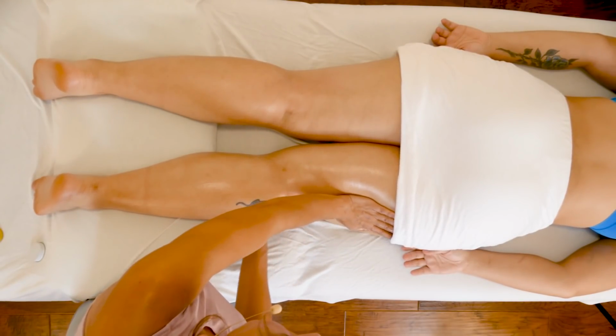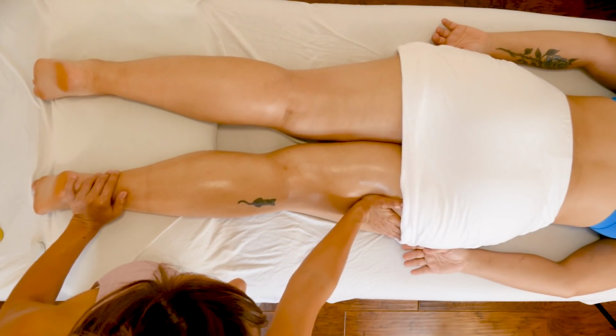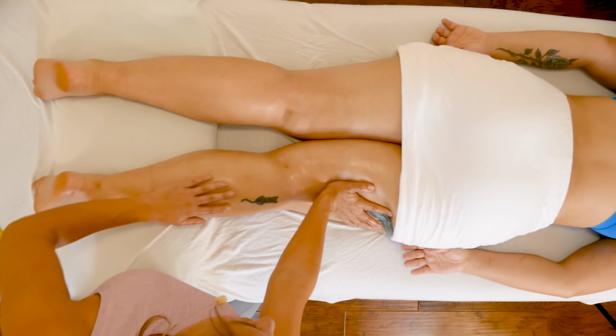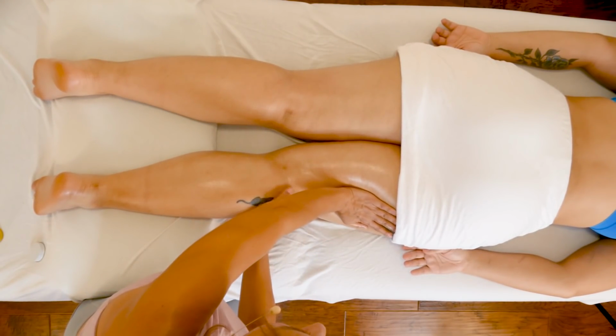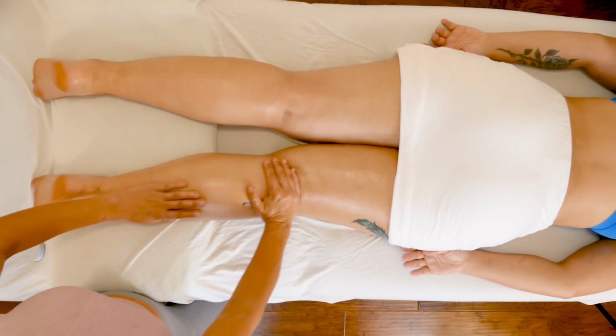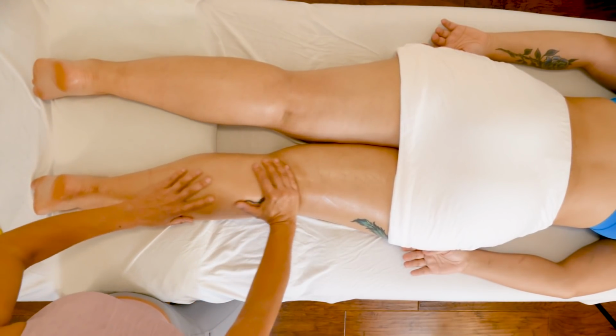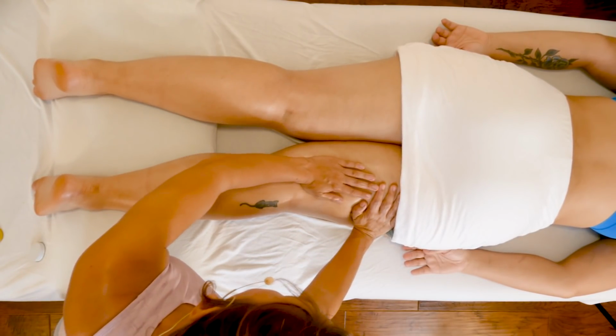So notice how you're standing. You want to really be comfortable. You want to make sure you're grounded in your feet and you're present in the moment. Something with Lomi Lomi or Hawaiian massage is that you're always honoring the moment, and it sounds like such a